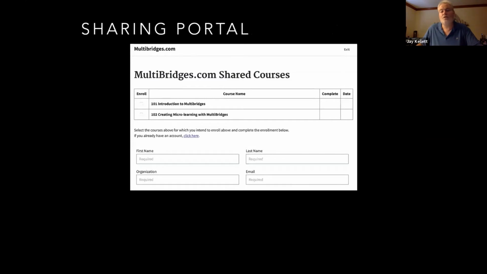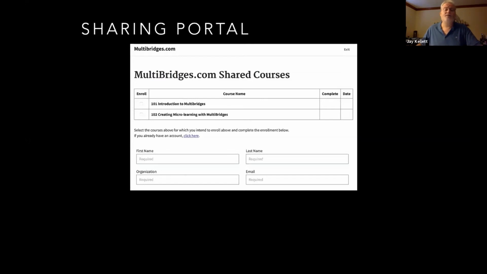So the sharing portal is something that is created as soon as you create and share courses. Any user in the system who creates something that they want to share, it creates a portal for them with a unique link that they can send to anybody that they want. They can control access to it, and then whoever gets that link, however it's distributed through email, through the web, hooking up to your corporate intranet, you can text it, whoever gets that link can come and register directly in the portal and set themselves up and automatically get in.